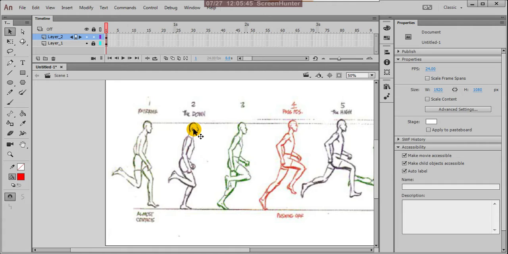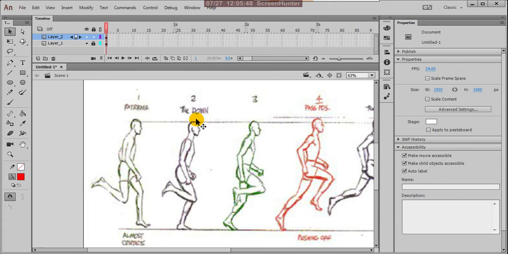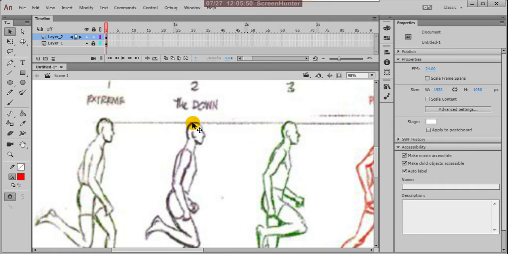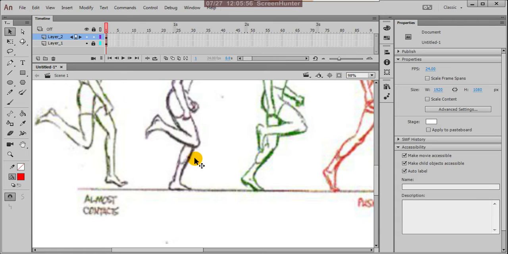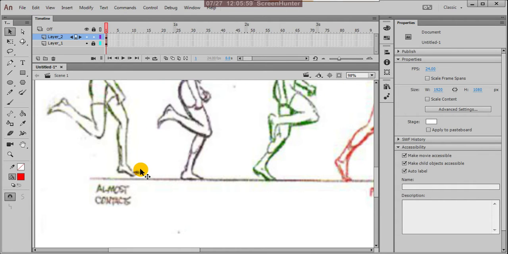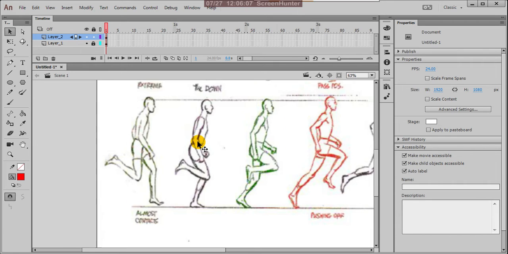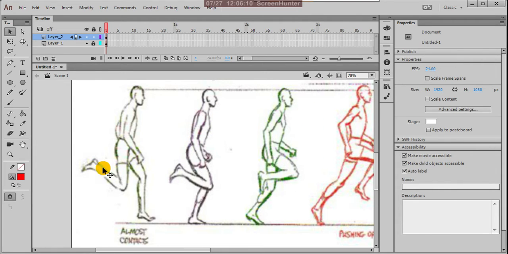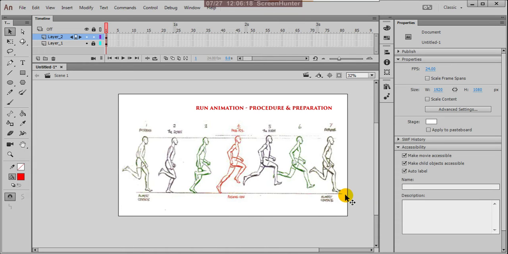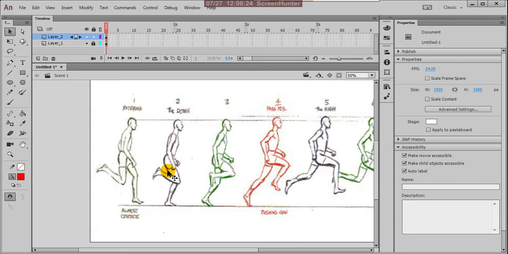The head goes just below the line, and the left foot touches the line. The right leg is slowly coming forward and touching the ground. It is a cycle actually.